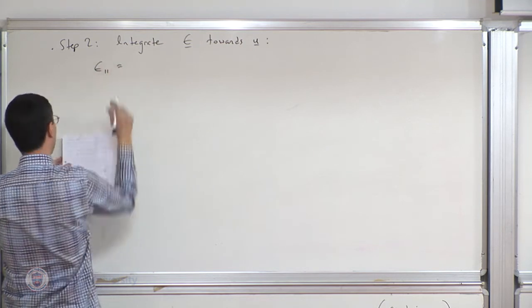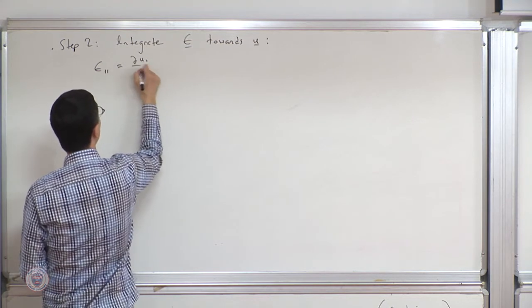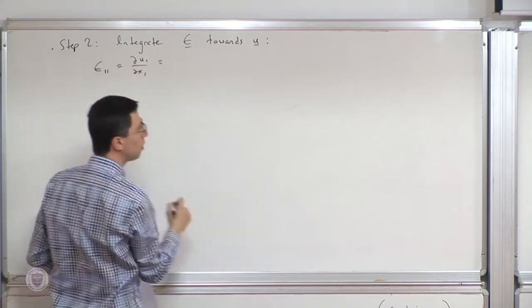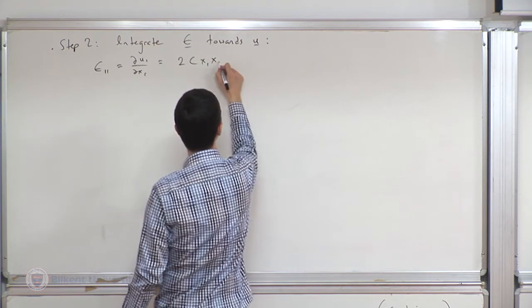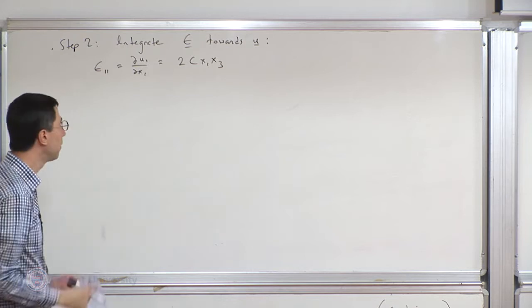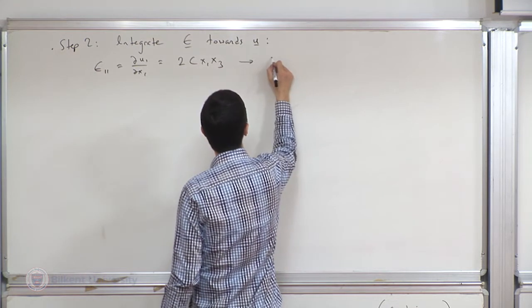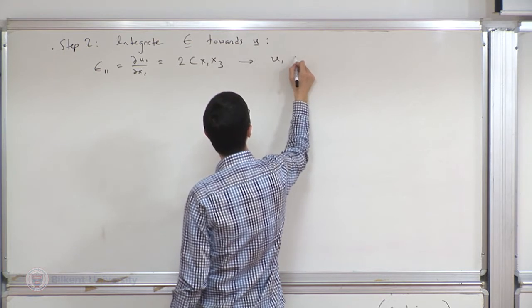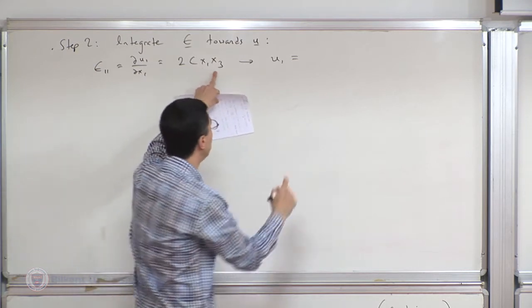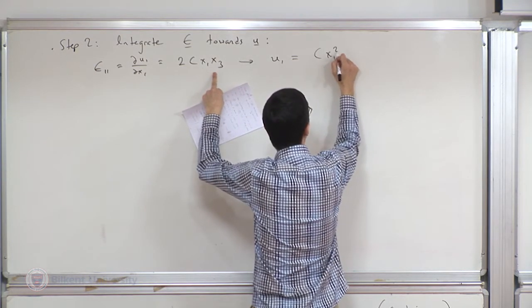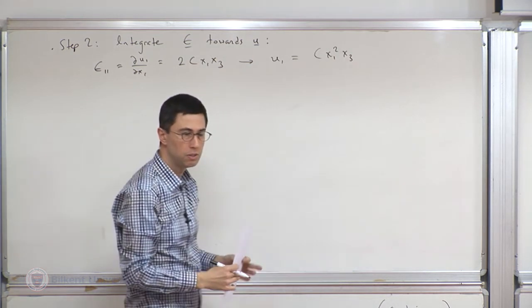So epsilon 1,1. That is equal to, so first of all, epsilon 1,1 is del u1 over del x1, and that's equal to 2c x1 x3. Right? And so now I can go ahead and integrate this thing. So u1 is equal to c x1 squared x3, plus